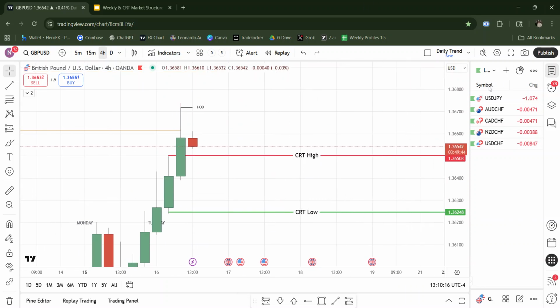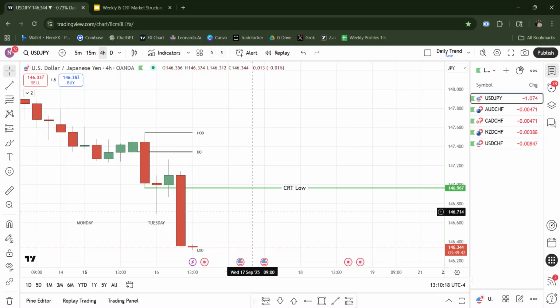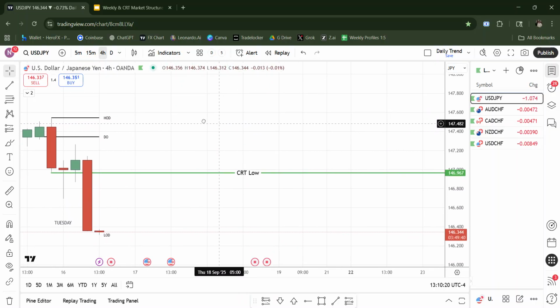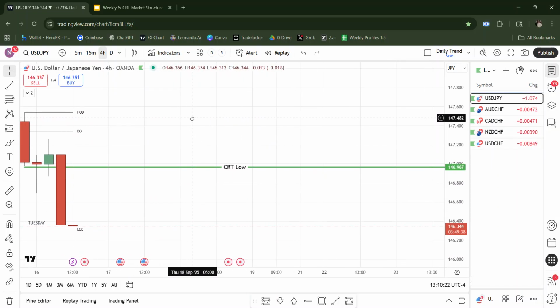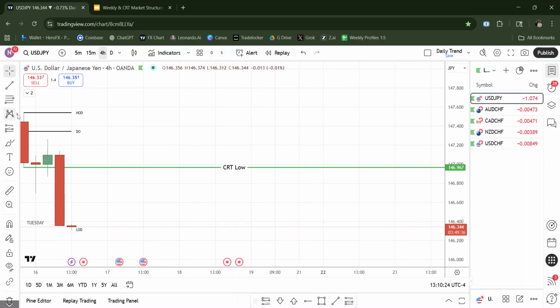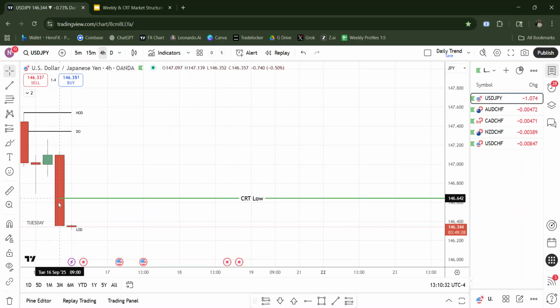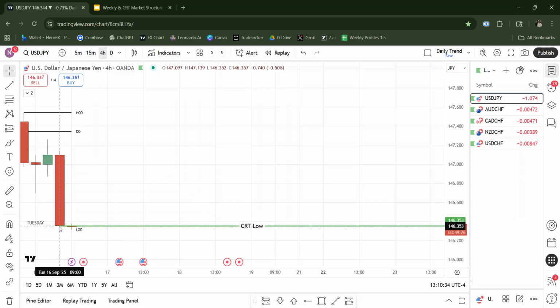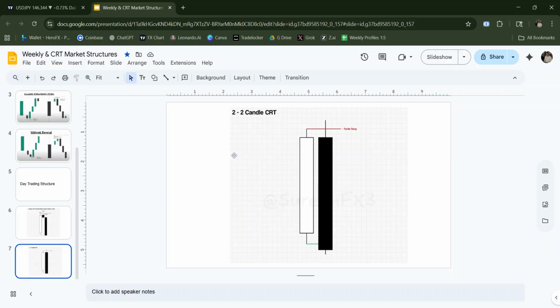So these are all the pairs that I had a long bias on. I'm going to start with dollar yen. Right here, we have our high of day up here at 5. I had a long bias. It did give some action here, but then it still tanked. I didn't take this trade. However, all you have to do is move your bias to right there. And that's it. And if it does close back up inside the candle range,